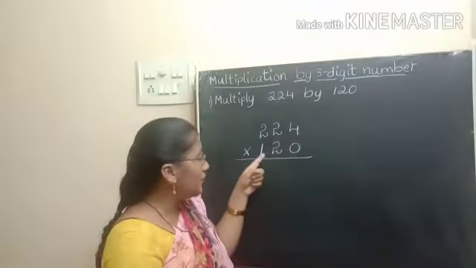Now we have to multiply each and every digit of multiplicand with the digit in hundreds place of multiplier. Understood? This digit belongs to multiplier. Now we have to multiply all these digits with 1. Before that, we should put 2 zeros in ones place and tens place in the third line of the result, because now we are multiplying with the digit in hundreds place.